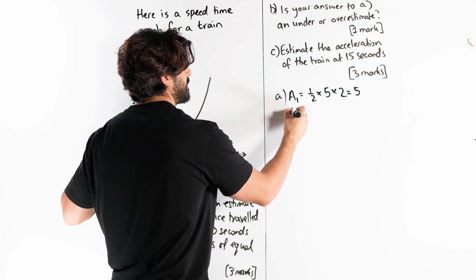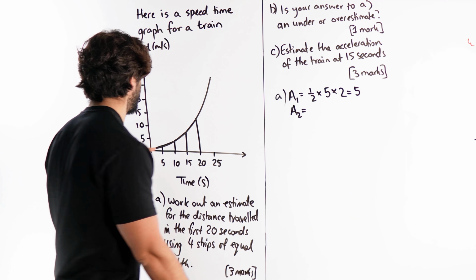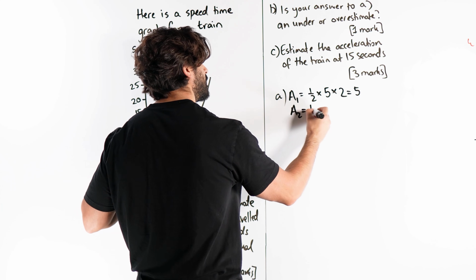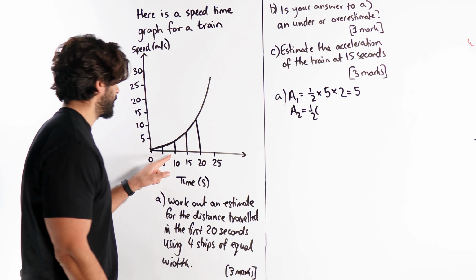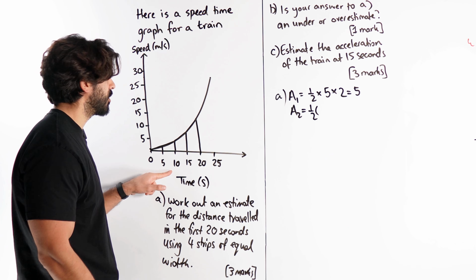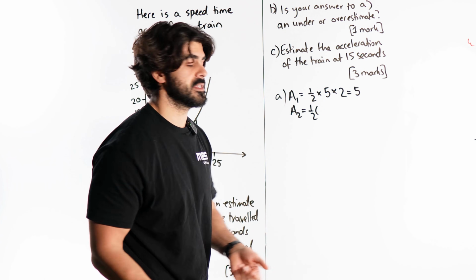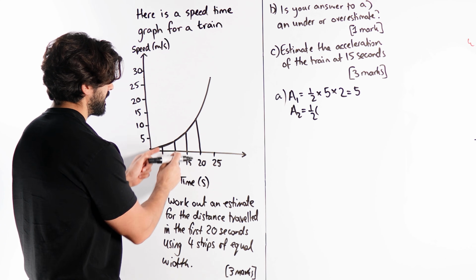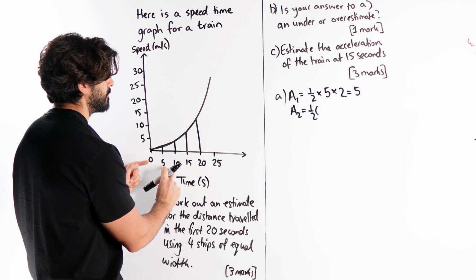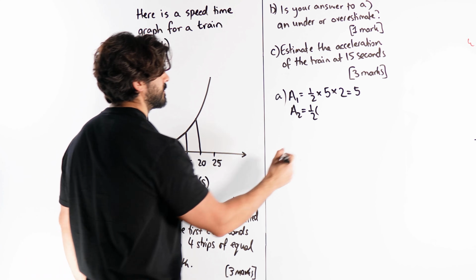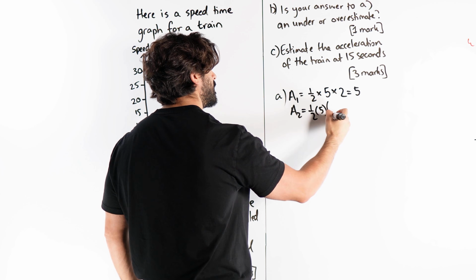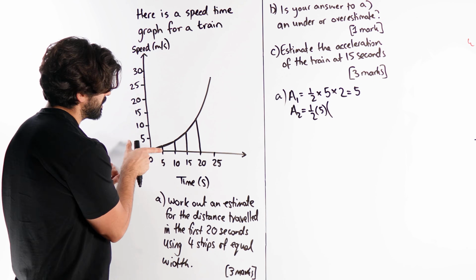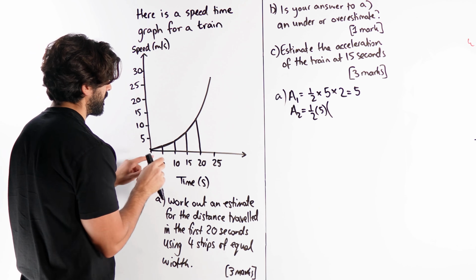A2. Now here we have a trapezium. So the area of a trapezium is a half h, a plus b. Now h in our case is still 5. And your a's and b's are the parallel sides. So here are your parallel sides and h is the distance between them. So it's a half of 5 times the addition of the parallel sides. Now I already know what this height is. It's 2. We said that before, right? So 2